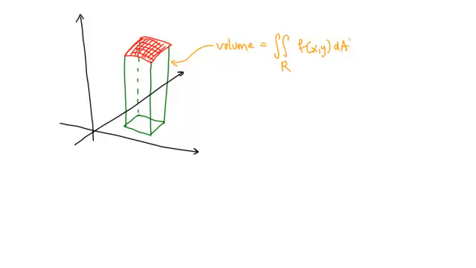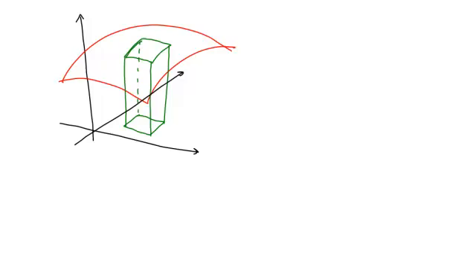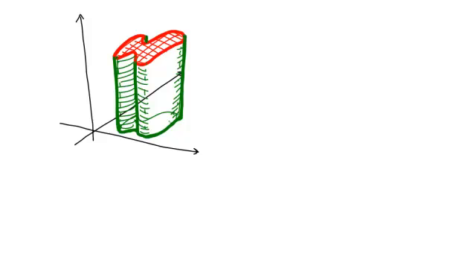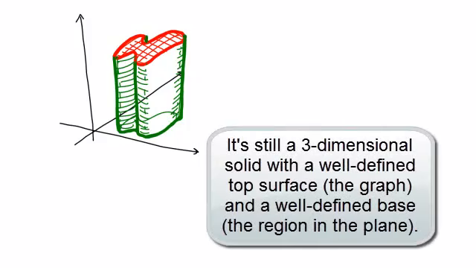Now there's one thing you might notice about this, is that there's absolutely no need for the region in the xy plane to be a rectangle. For example, if we had some other shape down here in the plane, maybe some irregular shape, it would still make sense to take each one of these points up and find their corresponding point on the surface, and then consider the solid region formed by taking that region in the xy plane, the top edge formed by the surface, and the vertical edges who form the sides. This would still give us a three-dimensional object, and so we could still talk about the volume